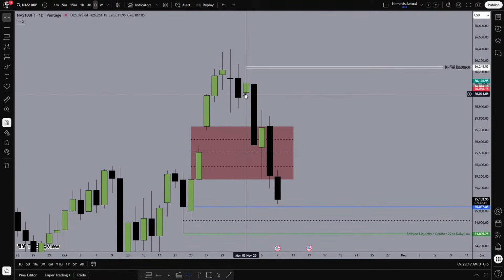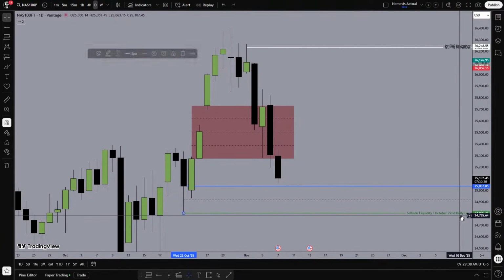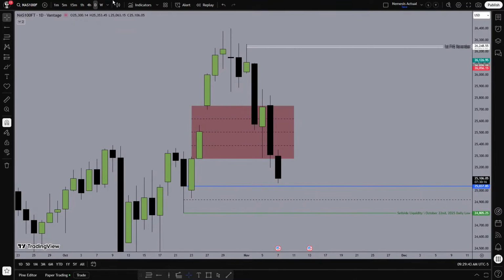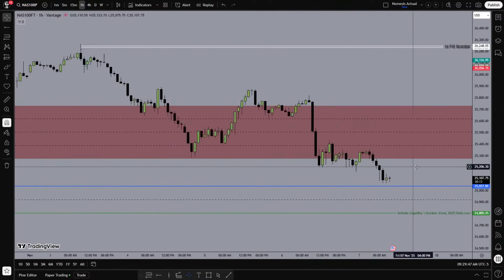Basically, we opened up on Monday and have been expanding since. Even Thursday expanded lower, so this week you can also watch that. But yeah, consecutive down close candles, rejection block, consequent encroachment, and the sell side liquidity on October 22nd, 2025 daily low. The 4 hour, I don't usually refer to that chart anymore. So hourly.